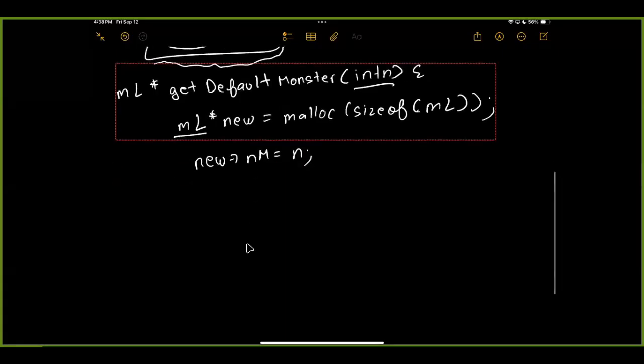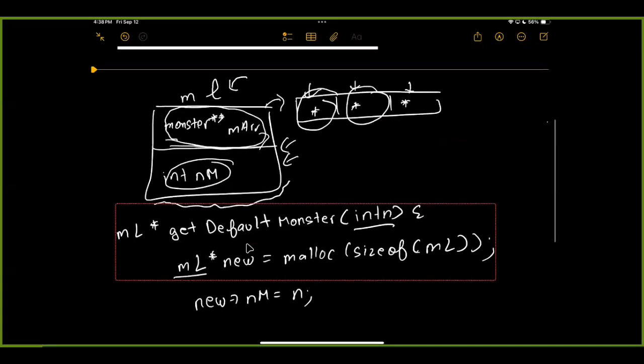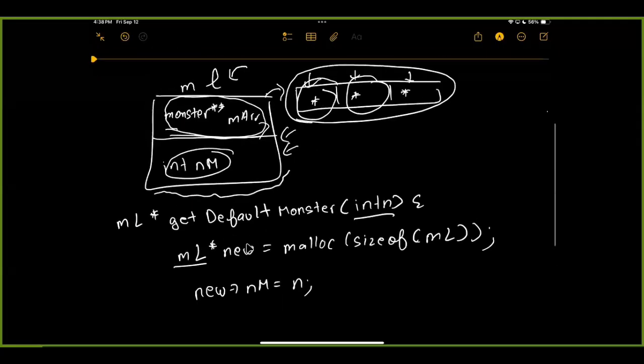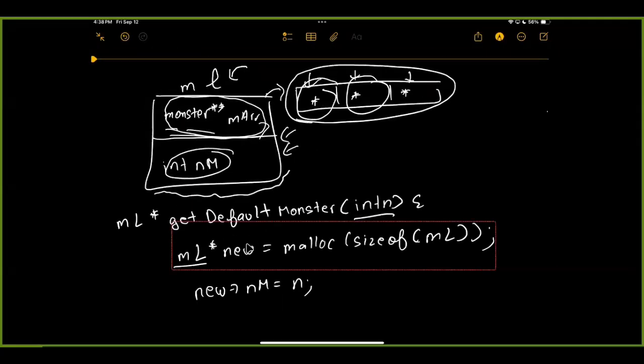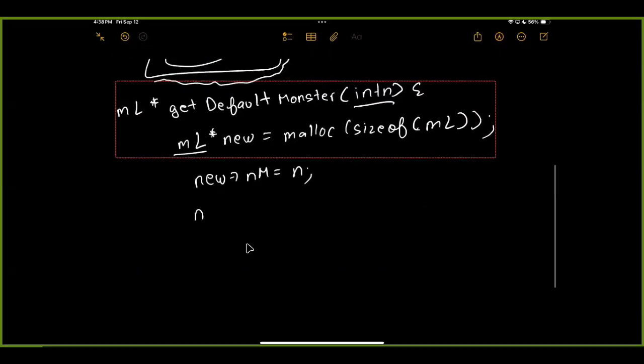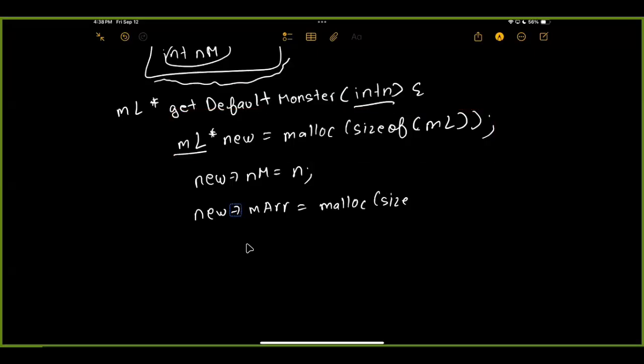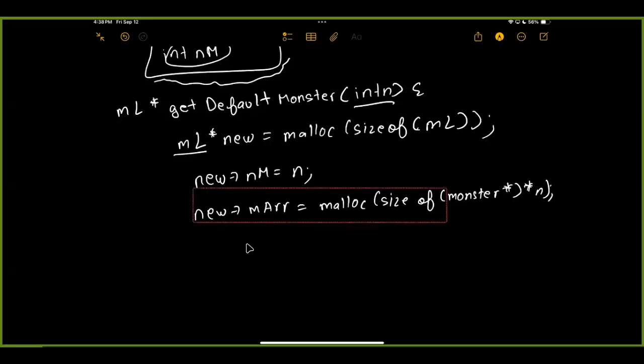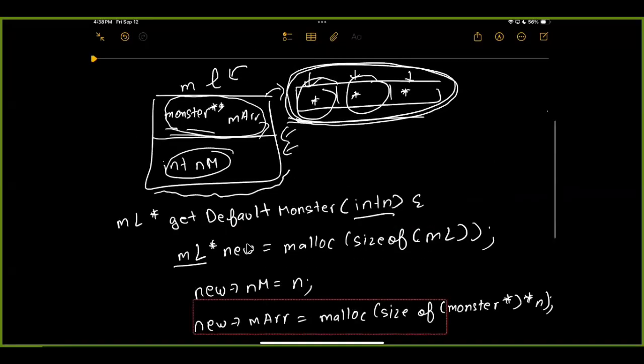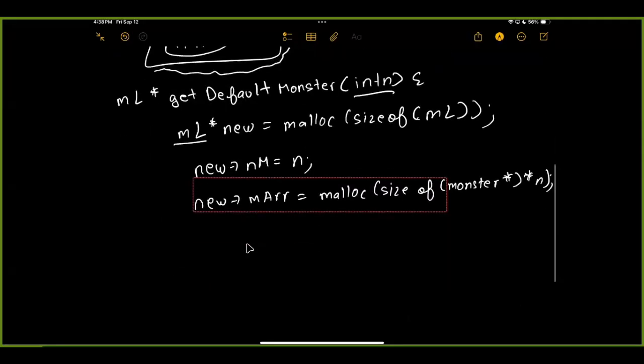Once I've done that, I will allocate space for this outside 2D array. I mean, since it's a 2D array, I will allocate space for this pointer array of type monsters. So I'm just gonna do new arrow m array equals to malloc size of monster pointer times n, right? Because we're allocating space for this monster pointer array. So once I've done that,